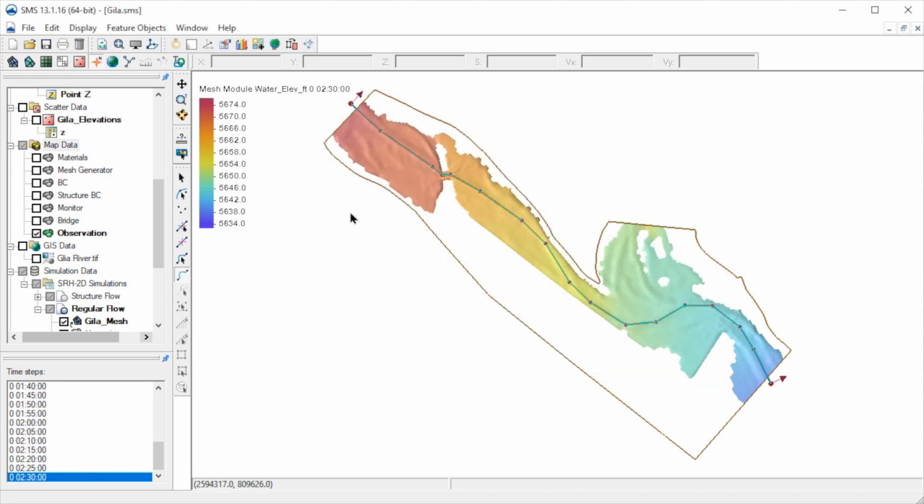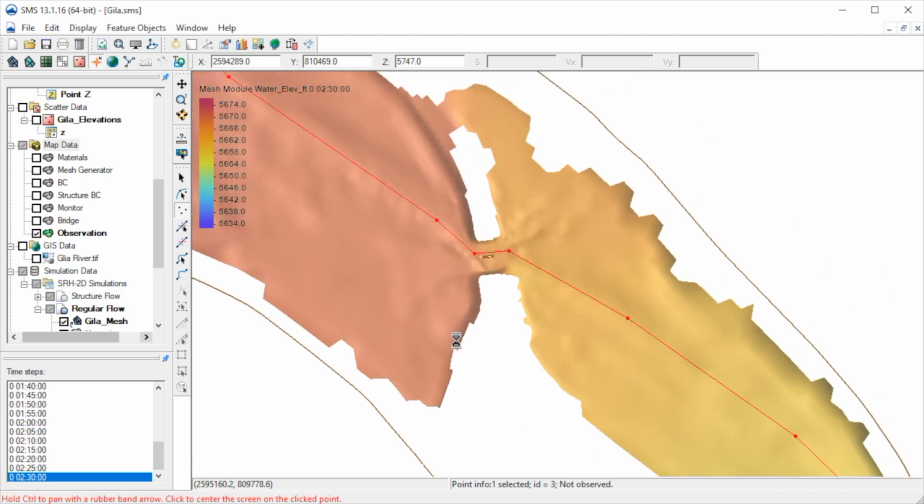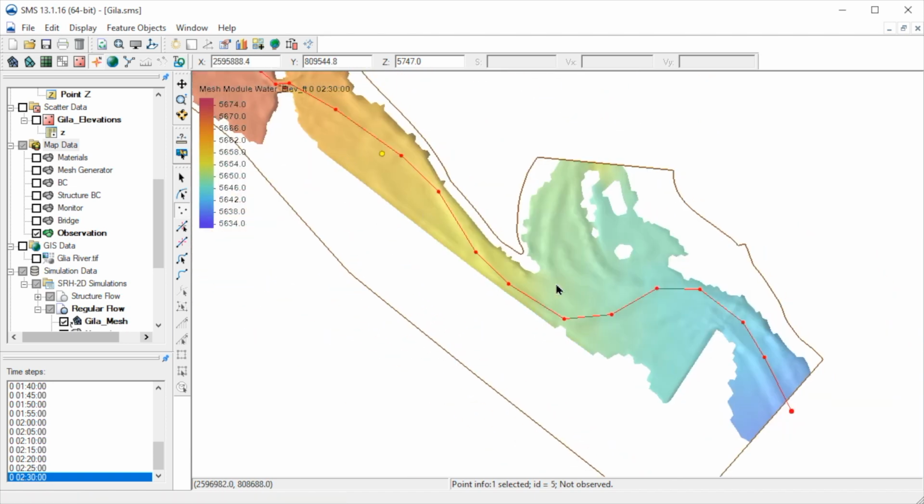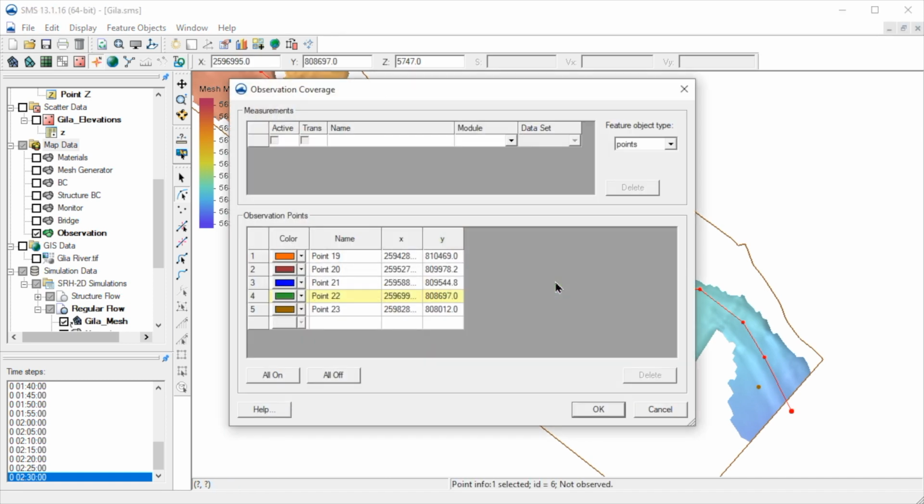We can also use the observation coverage to extract solution data at specific points. To do this, we can create points in this coverage. Then we can double-click on any point to bring up the observation coverage dialog. In this top section, we need to set up measurements to specify from which dataset the values will be extracted.